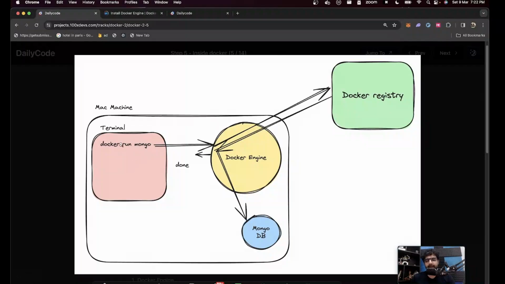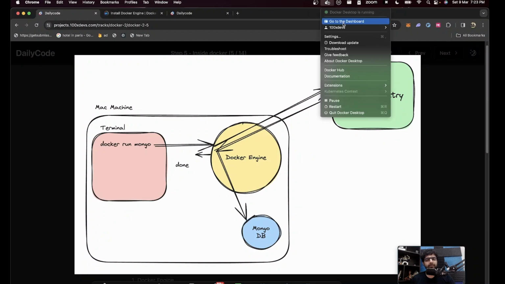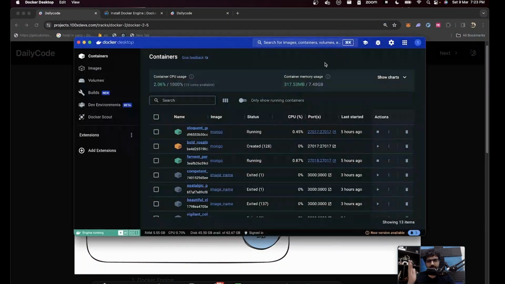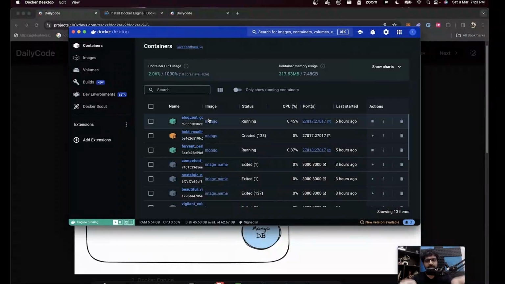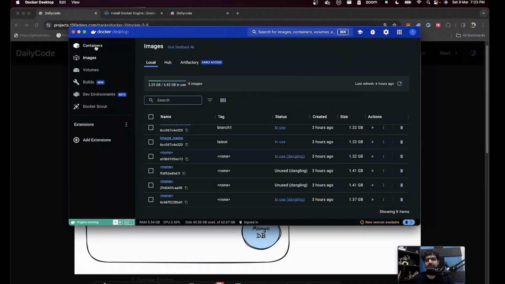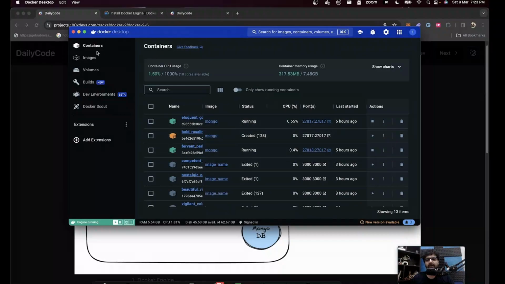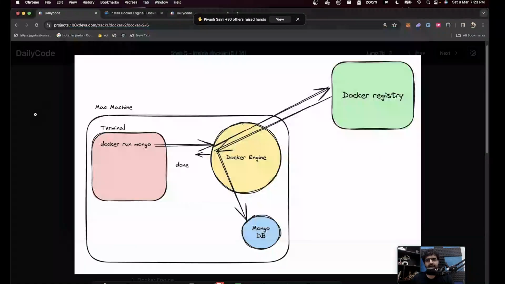Number one, the terminal is actually talking to something called the Docker engine. What is the Docker engine, Harkirat? This is basically the thing that's running on my machine. If I open my Docker GUI, a graphical user interface, an application that is showing me what Docker has, it says Docker has these containers running for you, Harkirat, and these images and a bunch of other things.